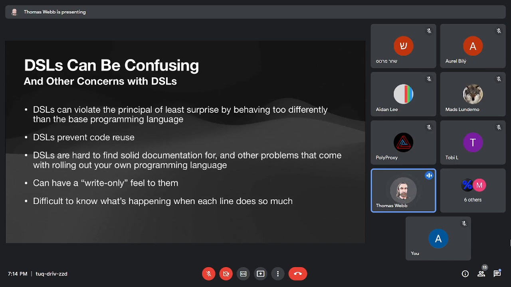And then, kind of related to that, DSLs can prevent code reuse, in both directions. The language that the DSL is based on, you often can't just copy that code into your DSL code, because it's processing the statements differently, and it might not let you paste in code there. So if you want to move something from one part of the application to another, you might have to actually translate from one. It's almost like I go to England and I need an English to English dictionary